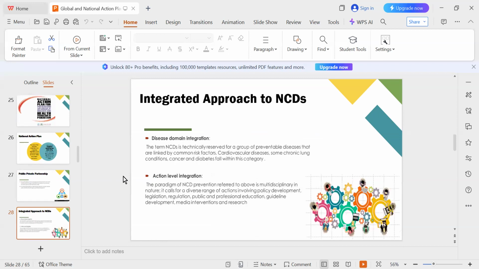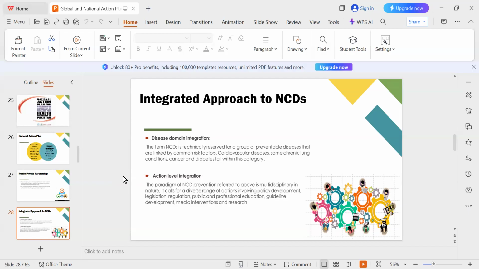Then, integrated approach to NCDs. This includes disease domain integration. The term NCD is technically reserved for a group of preventable diseases that are linked by common risk factors. Cardiovascular diseases, some chronic lung conditions, cancers, and diabetes fall within this category. Action level integration. The paradigm of the